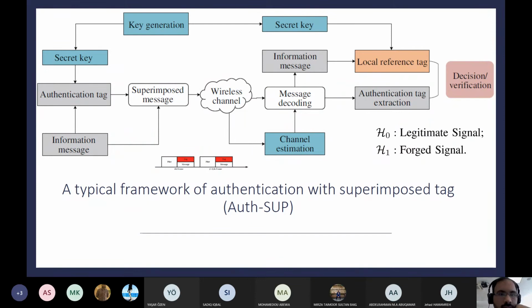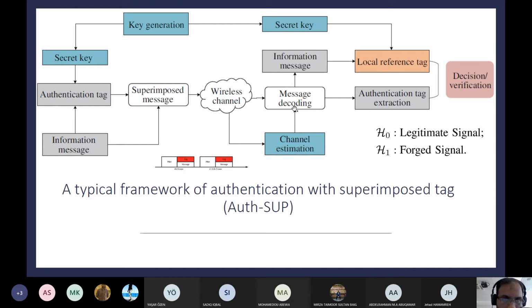This is a general example in a block diagram. Here I am saying secret key; it can be channel-based or it can be crypto. But the idea here is that this is an authentication tag based on the key. This is my message. We superimpose both of them and pass them through the channel.